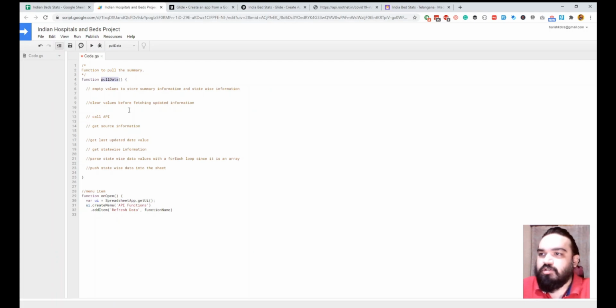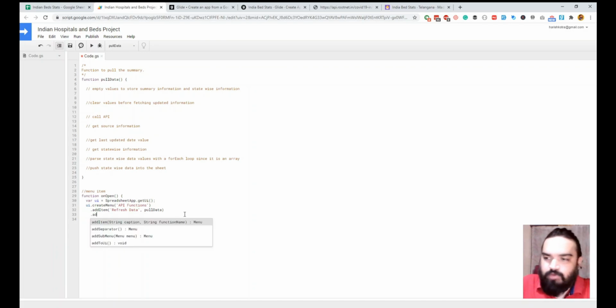So we will just copy this part and paste it here, and the last step is to add this item back to the UI. So we'll do addToUi, that's it. And we'll just close this.